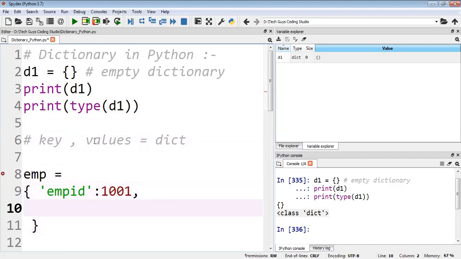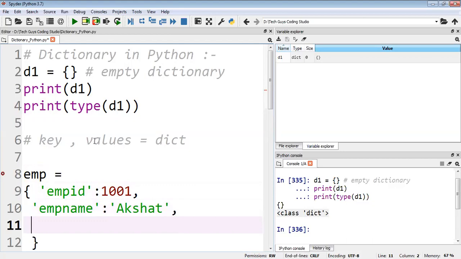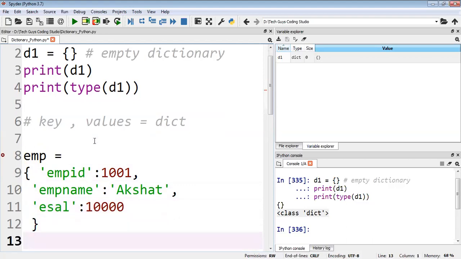Then press enter, and take employee name, Accept. Then employee salary, 10,000.